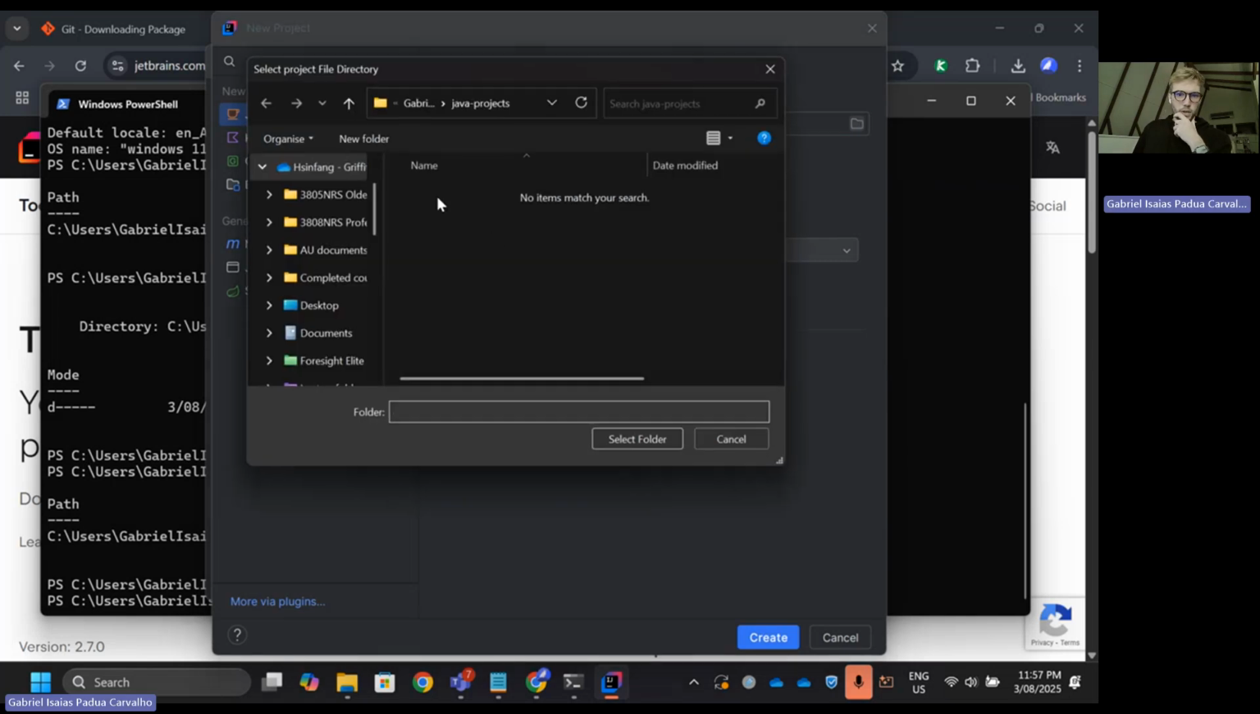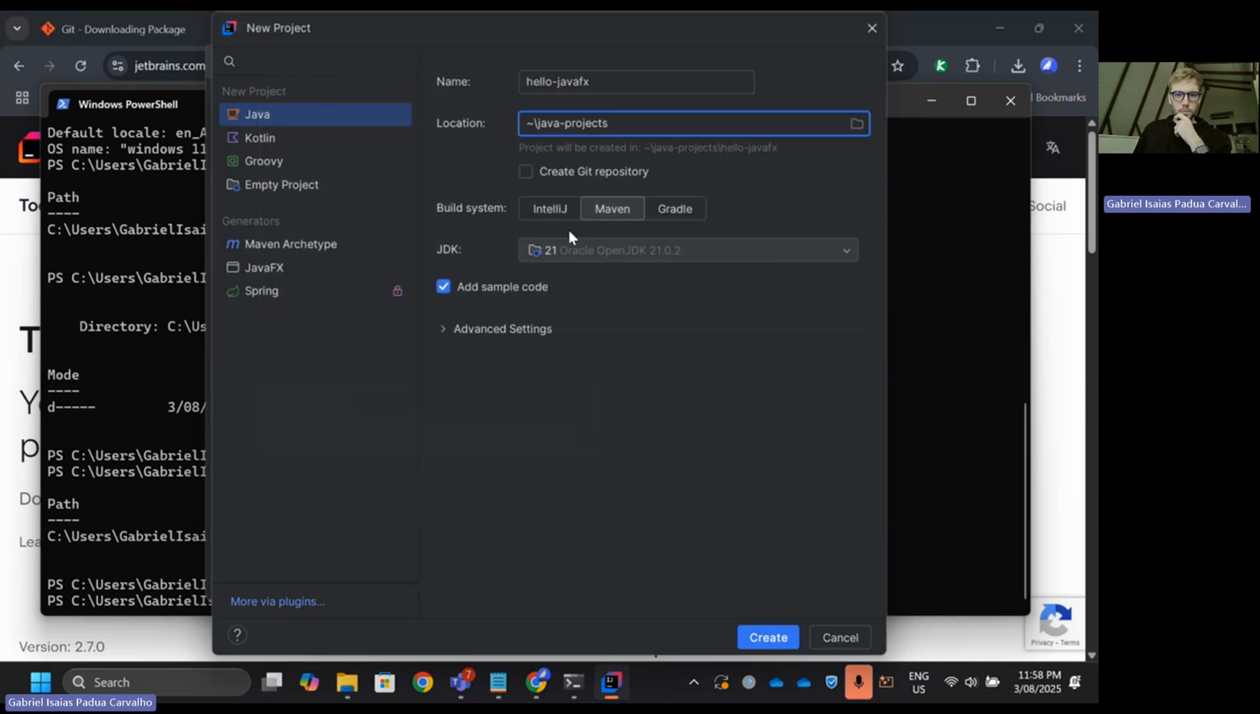Location, again, you can just be sure that you are in the right one. Select folder. Click for the build system, click Maven, okay? Select Maven. JDK, that's the one that we installed. Advanced settings,